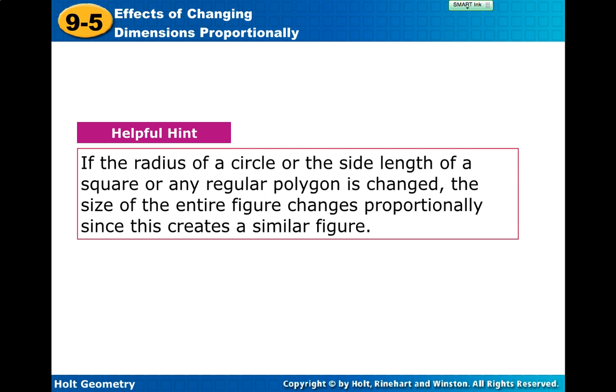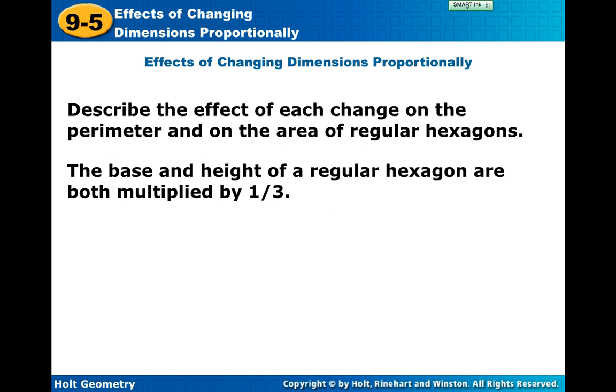Okay, so this is the thought, the radius or the side of the square, or if it's any regular polygon, when you change like one side or one radius, you're going to change both dimensions. So grab your marker board here. I want you to be clear on your marker board, like perimeter will be multiplied by what, area will be multiplied